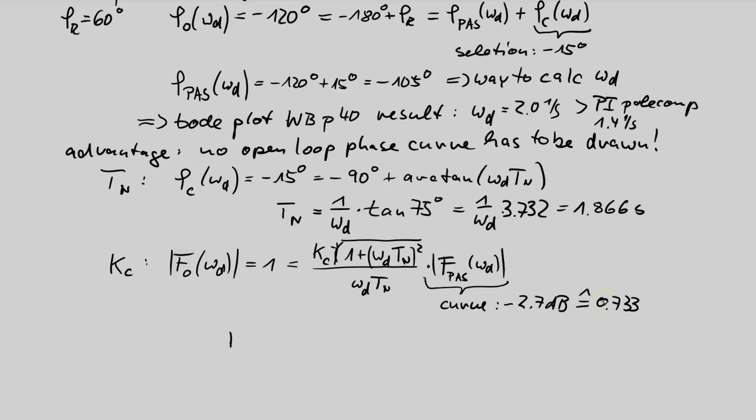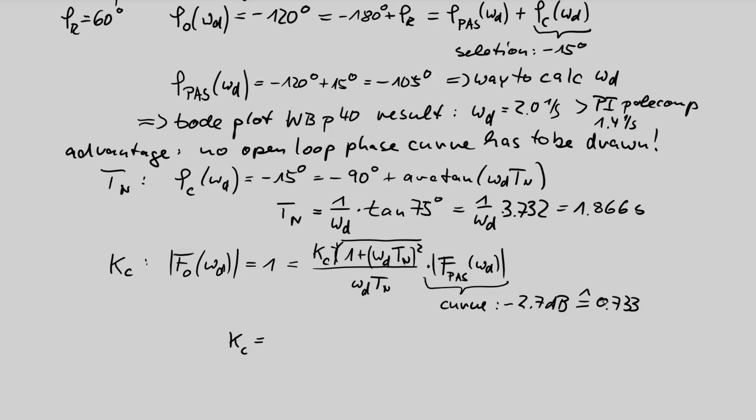And if we solve now Kc, then you see Kc is the only unknown here. Omega d is 2.0, Tn is 1.866, the product is 3.732,